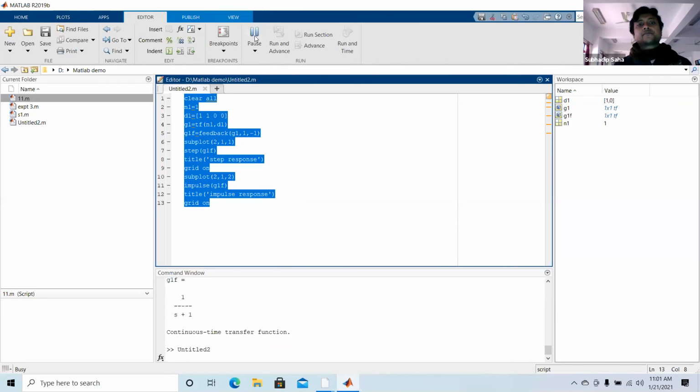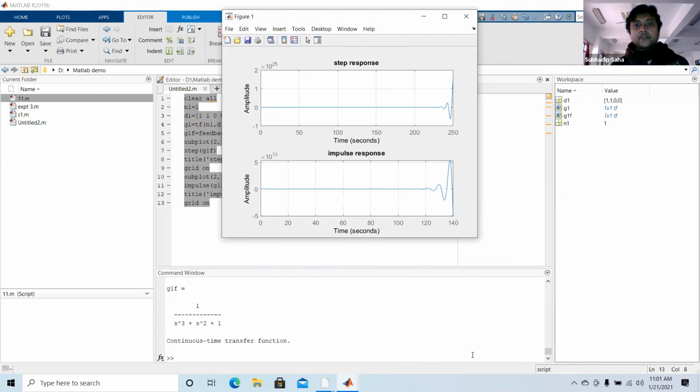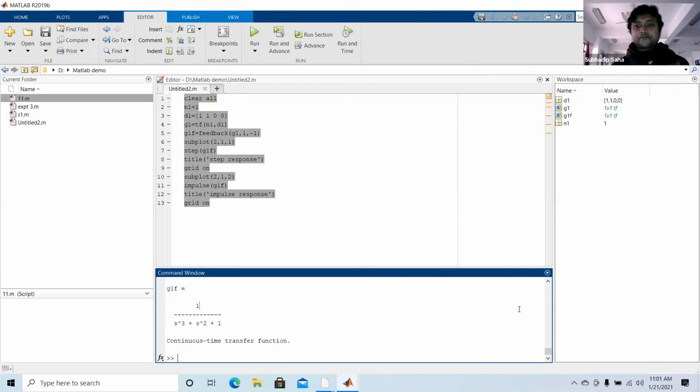Now see, this is running, and you will get a diagram. Let me first see the programming.